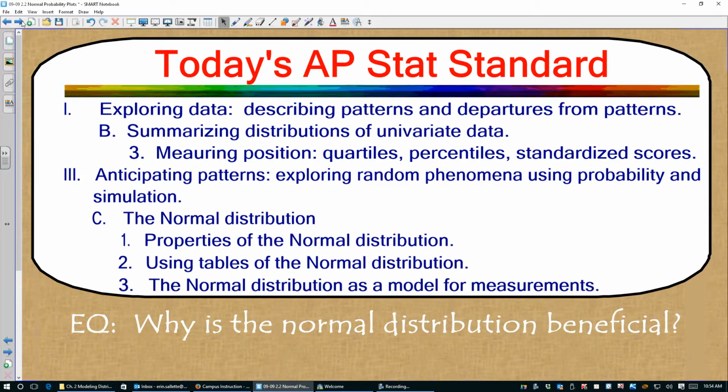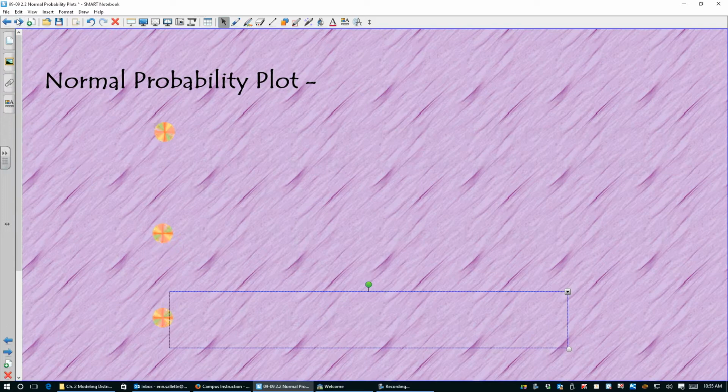So today's standards, what we are going to do is discuss more of the properties of the normal distribution and how it is that we can identify a normal distribution. What we really want to cover is when can we call something normal, and we're going to figure out the best ways that we can estimate it. We're going to use normal probability plots, but before we get to a normal probability plot, what we have in our arsenal of tools to use,